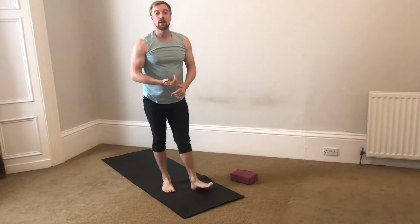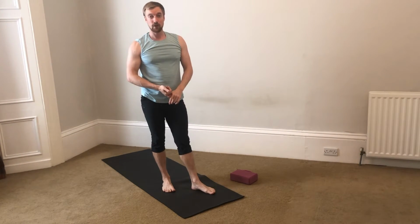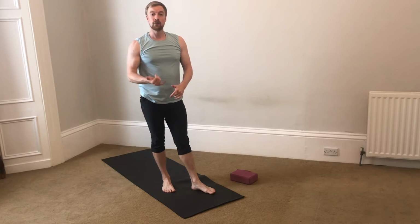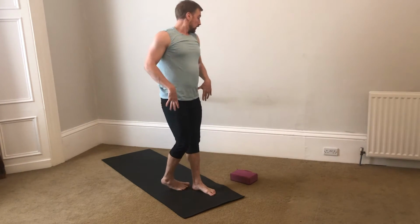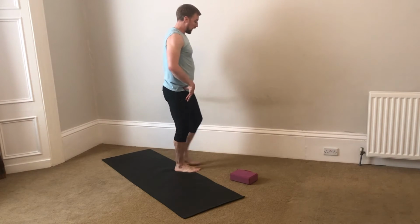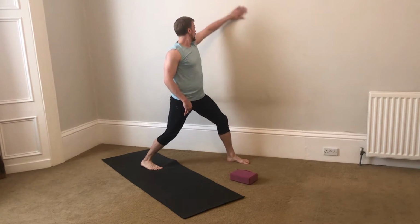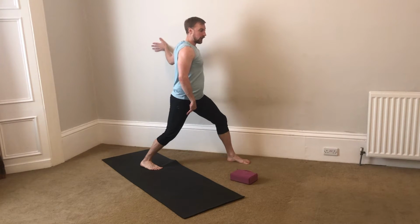When you're done, making your way towards the wall, playing with any inversion of your choice for 20 breaths or 10 breaths each side. Alternatively, you can work with chest opener on the wall. If you're working the chest opener on the wall, that's warrior 1, left foot forwards around 12 inches away from the wall, left hand up and back to shoulder height, with the left elbow bent, fingers of the left hand